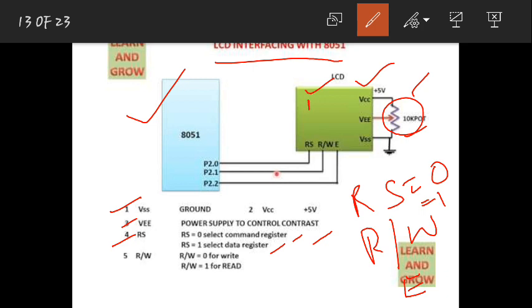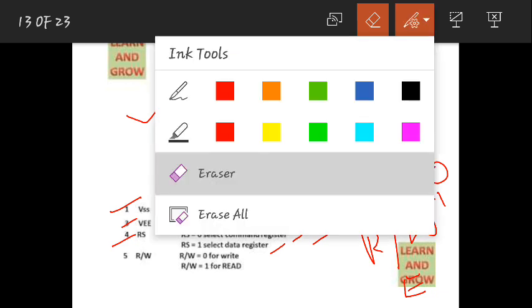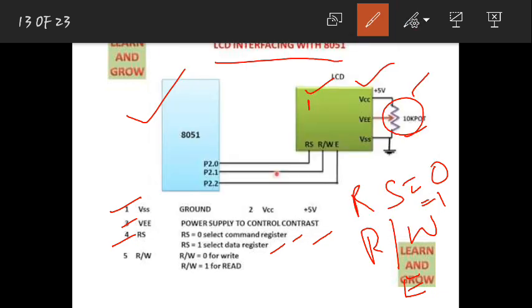Next I need to give a command, because after writing 1, the cursor will be here. This is the cursor. If I write 2 without moving this cursor down, 2 will be here itself. But what I want is to move that cursor down instead of writing here. When it moves down, that is a command I need to give to the LCD. After giving the command, then I need to write the data 2. If I want to write 3, then again I should give a command so that the cursor moves downwards, and again give the data 3. In that way I can write.